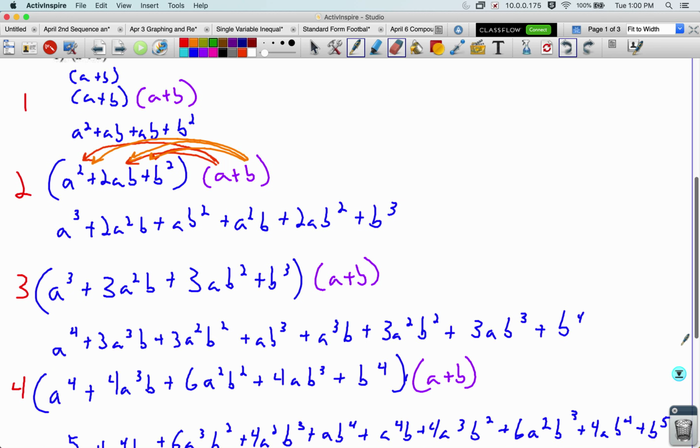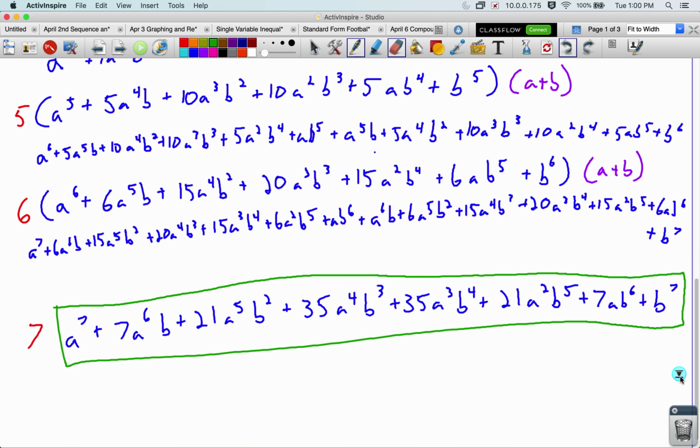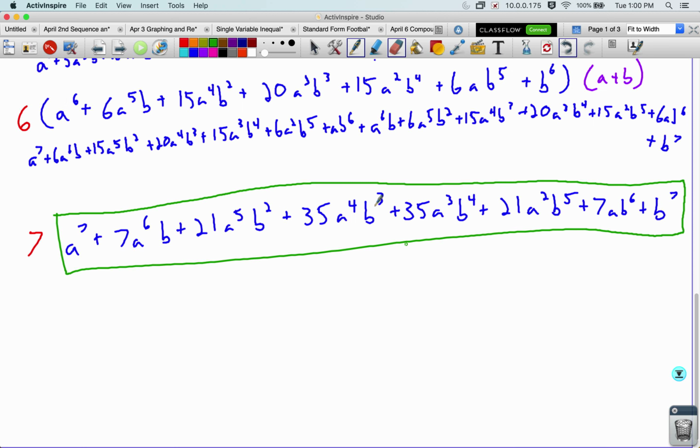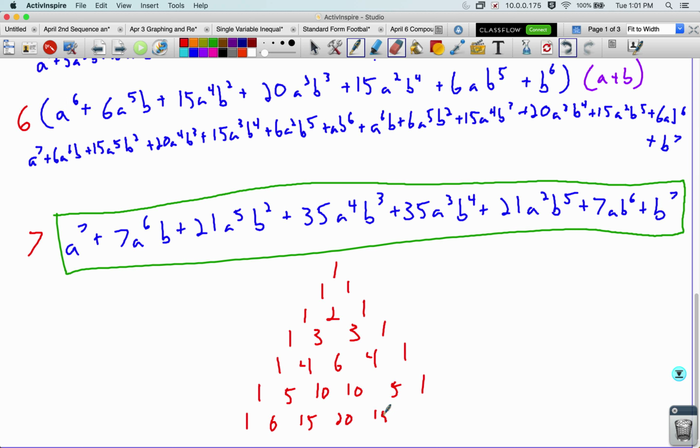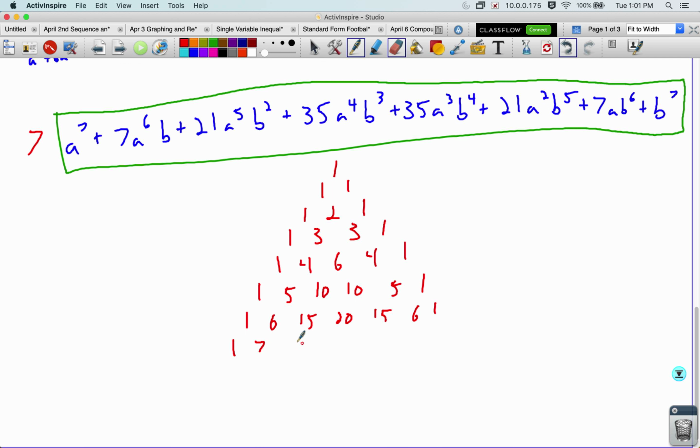Okay, so we got to get to the 7th row, which the first 7 rows, that's a little bit ambiguous. Let's write it out to the 7th row, which will actually be 8 rows because the very first row is the 0th row. So 1, 1, 1, 1, 2, 1, 1, 3, 3, 1, 1, 4, 6, 4, 1, 1, 5, 10, 10, 5, 1, 1, 6, 15, 20, 15, 6, 1, and then our final 7th row, 1, 7,